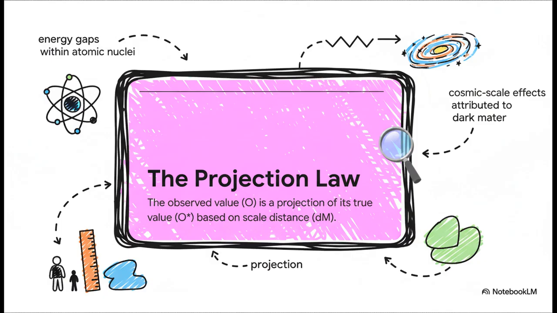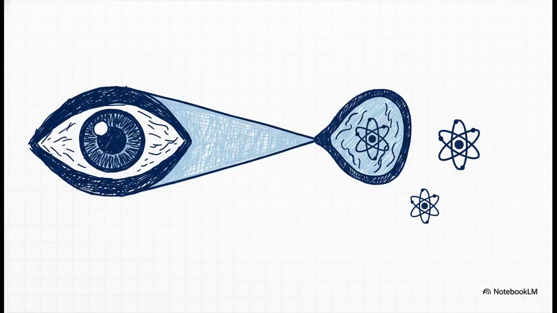It completely flips the script on what we call error. And here's the real kicker. That distortion, that deviation, it's not random. It's systematic. The formula there for dm, the scale distance, is what it all hinges on. The bigger the difference in scale, think about a person looking at a single atom, the bigger the predictable distortion gets. It's just like that funhouse mirror. The thing you're looking at is perfectly normal, but your view of it is warped in a way you can actually calculate.